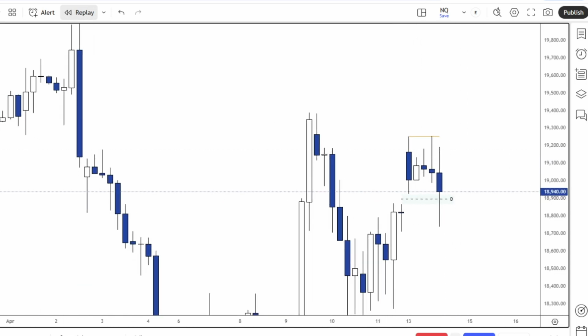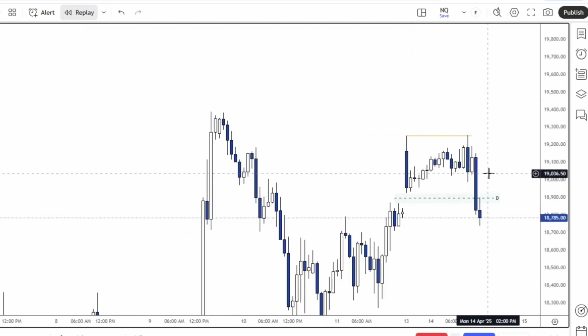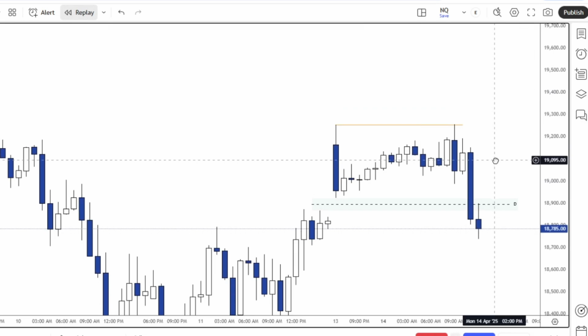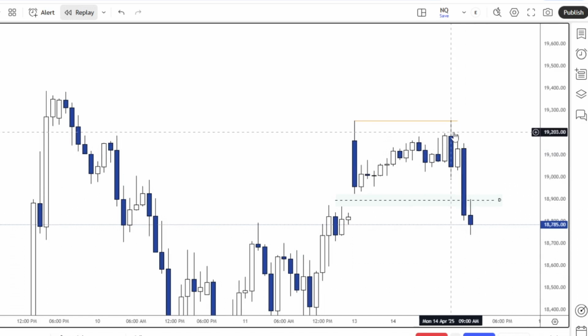Now we can cycle down to the 1 hour. Just make sure that what we're seeing here, right? You can see the intermediate term time frame, right, which is basically just the time frames that are in between your entry time frame and where you're developing your initial bias, right? So we developed our bias on the 4 hour. I want to see the 1 hour and the 15 minute and the 5 minute kind of go in line